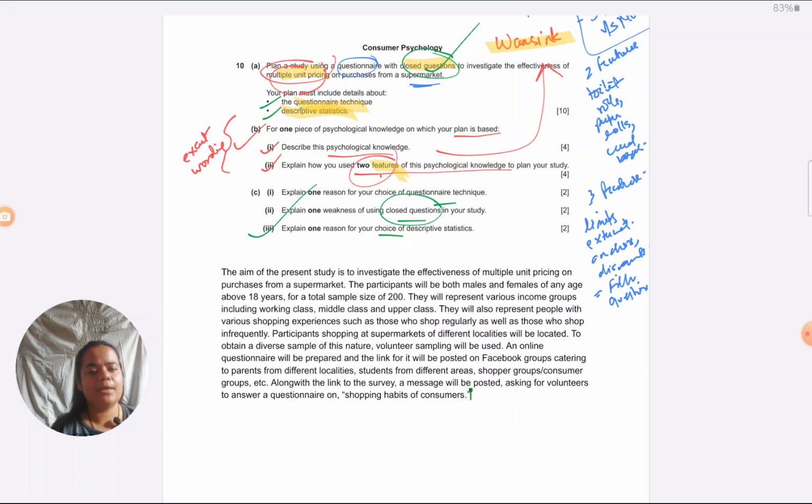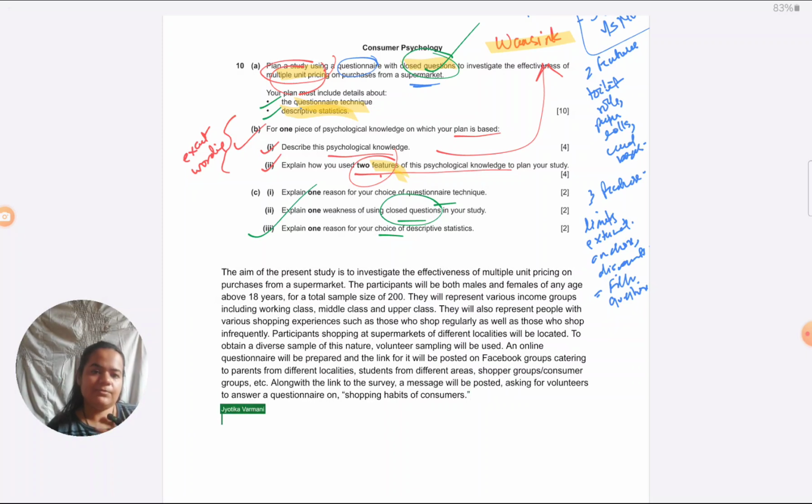the study is about multiple unit pricing, just because I feel that that will kind of prime them to think too carefully about multiple unit pricing instead of giving spontaneous answers, which are really genuine, on how they select products. So that's why I'm giving a very broad purpose of my study, that it's going to be about shopping habits of consumers. And within that, of course, multiple unit pricing does get covered. So I'm not totally misleading them. It's just that I'm not telling them the exact purpose of this study.